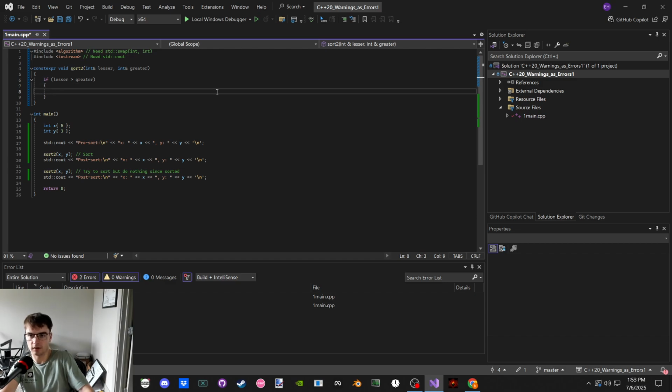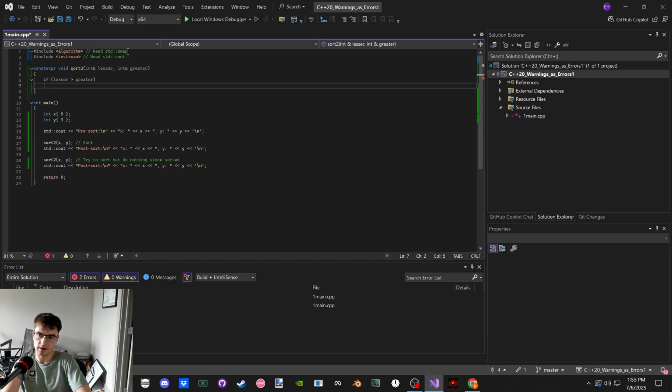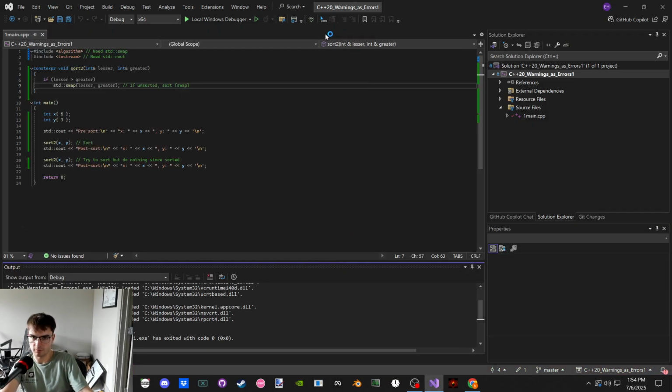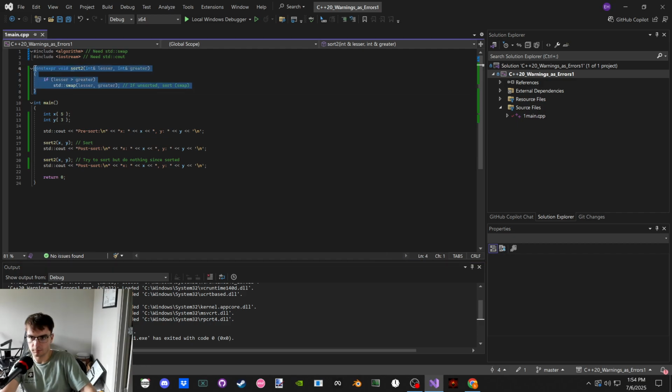For some reason I don't like that. Okay, felt like Severance where you're sorting numbers and it just doesn't feel right. And in this case we don't need to nest it. We can just say std::swap lesser greater. If unsorted, sort, swap. Cool. 5 and 3, and then 3 and 5, 3 and 5. Cool.